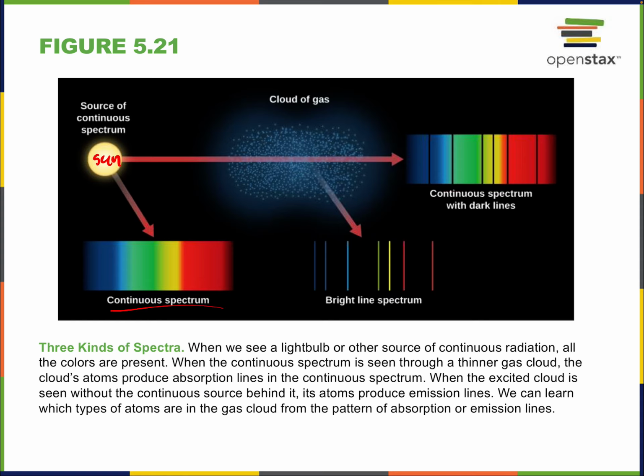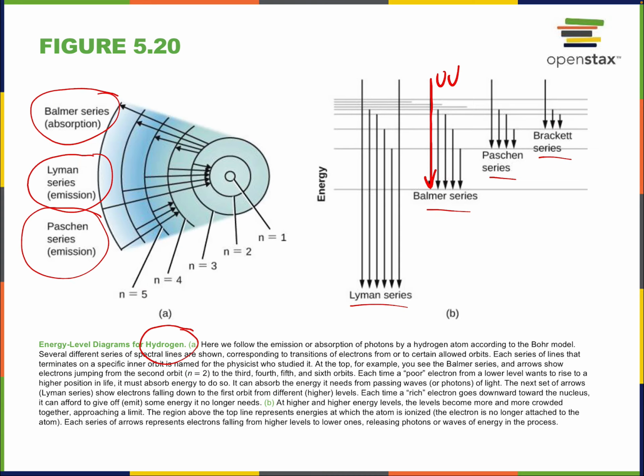Now, if you take that spectrum and have it pass through a cloud of gas, then you have the absorption lines, the dark lines. On the other hand, if you were looking from the side at this gas, right? So if you're over here, the viewer, think of this as an eyeball, and you're viewing the gas from the side, so the sun is not behind your line of sight, then you would see the gas glowing because it's picking up energy from the sun, and it would be producing bright line spectra, emission spectra,